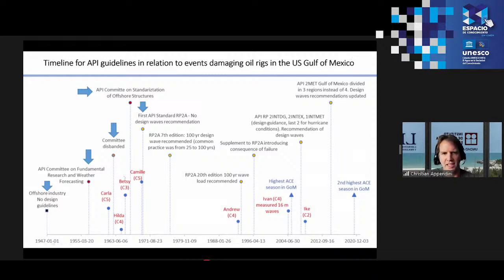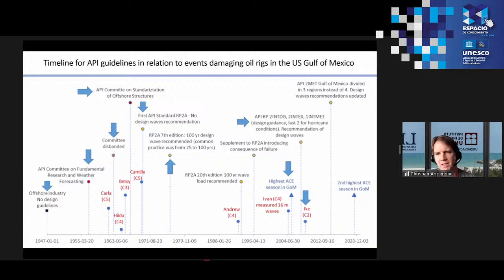We had strong hurricanes in the Gulf of Mexico in the 60s and late 60s. And since then, in 1976, they recommended the 100 years design wave for design. But then we had some updates on the recommendations after extreme events like the 2005 season and Hurricane Ike. So they have been using historical information to give the recommendation of the 100 years return wave for